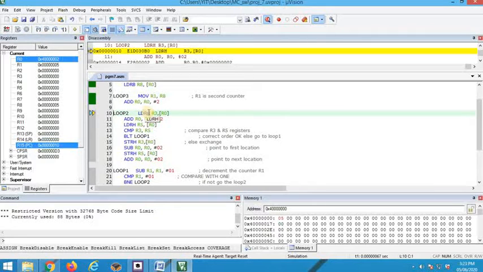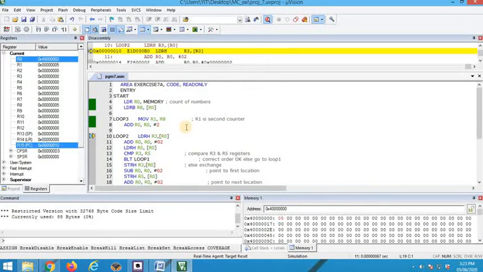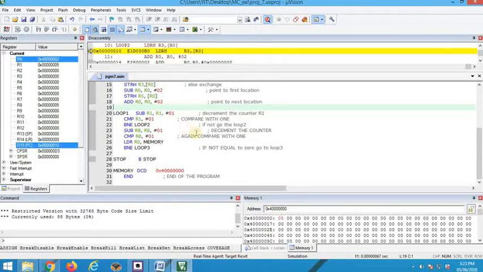Next LDRH. So now 5 is the count, 5 numbers I need to store here. So this is for sorting in ascending or descending order. Let's see whether it is ascending or descending. As we trace, we come to know whether it is working for ascending order or descending order.